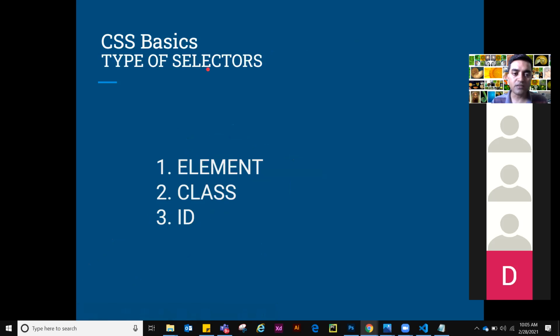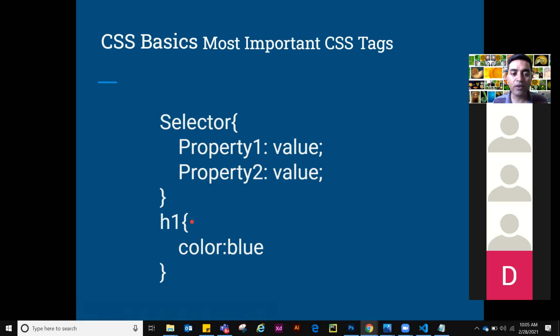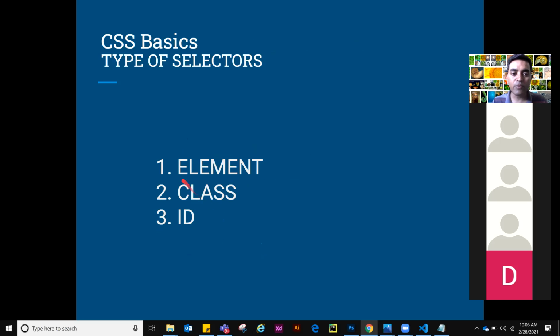Now, types of selectors. So we understood selectors, right? There are primarily three types of selectors. One is element, one is class, and one is ID. So the previous one, can anyone tell me what kind of selector this is? See, we have just put h1, right? H1 color blue. Hold this thought. Now, can anyone guess which type of selector we used in the previous slide? Element, class, ID, between these three? Who tells me? Get a brownie point.